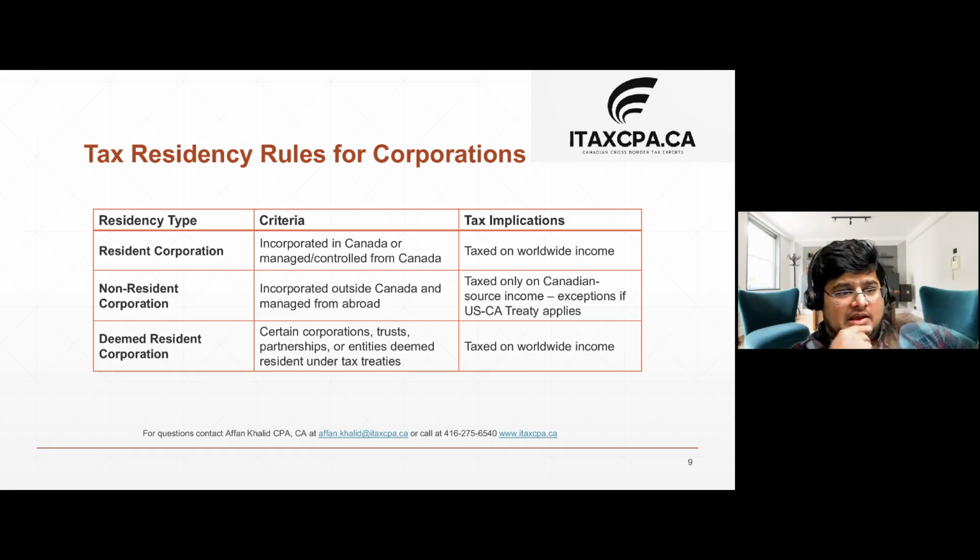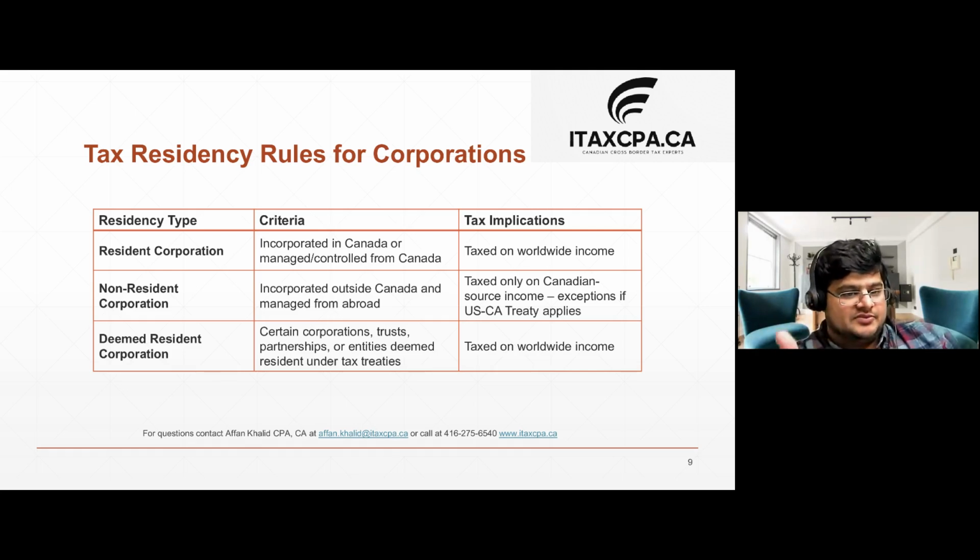This can include having a board of directors in Canada, but not just in Canada: if they are actively meeting and exercising the authority of the board of directors in Canada, meaning all the meetings are held in Canada, then that company is deemed to be a Canadian corporation. But generally, if it is incorporated in Canada, it is considered a resident corporation and taxed on worldwide income. For a non-resident corporation, in the absence of the treaty,